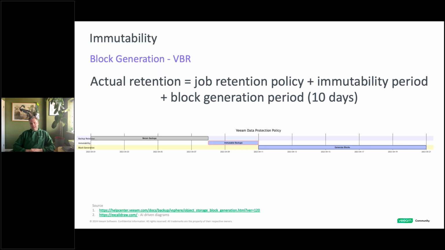And the reason for that is it minimizes IO operations and updates to any backup chains. So imagine you're writing to a public cloud provider like AWS or Azure or Google Cloud or whoever. You're probably fully aware that there are additional costs associated with each read, write, put, get, delete in there. The point of that is to try and minimize that, but you need to account for the additional 10 days.